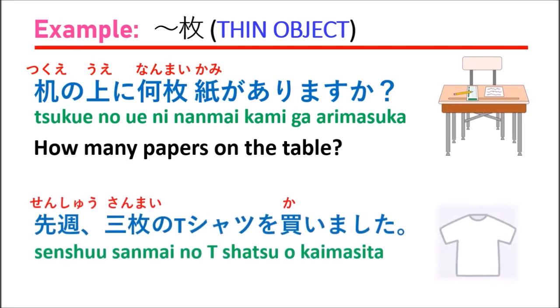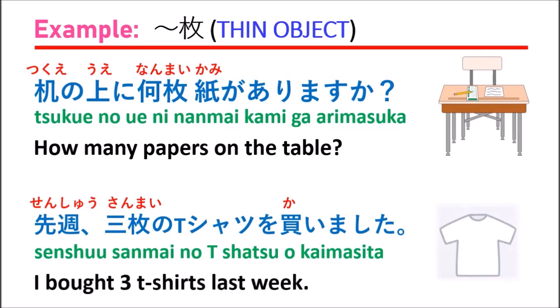The next example, Senshu sanmai no T-shirt o kaimashita. Which means, I bought 3 T-shirts last week. Sanmai no T-shirt means 3 T-shirts. And for the first example, Nan Mai, which means how many